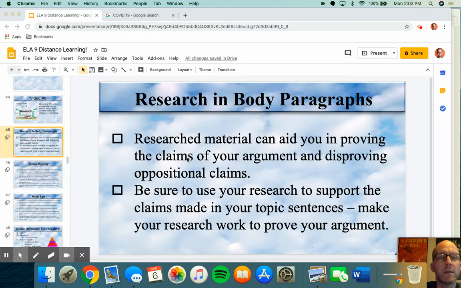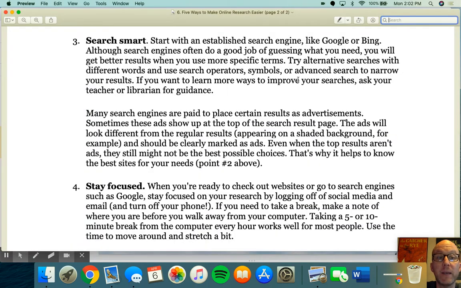So if we look at some examples of research, going back to the packet, I'm skipping around a little bit just because, like I said, some of this stuff is review. Numbers 1, 2, and 5 are things that you can look to that I think are helpful. But the things that I really thought would be helpful here would be to talk about numbers 3 and 4. So what we see here when we're doing our internet research is to be smart about our internet research. What we want to do is use a really established search engine like Google. It says Bing here. Bing is maybe a little bit dated for a lot of people. For me, I like to use Google.